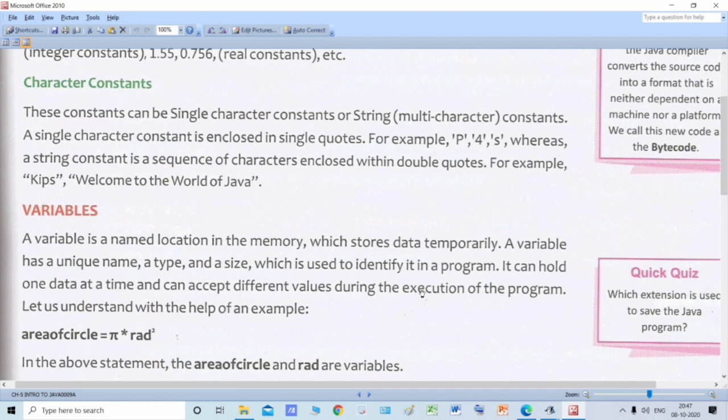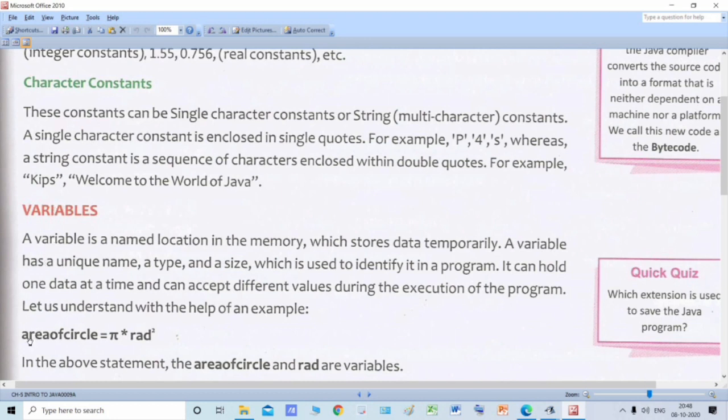Okay, now a variable has a unique name. For example, see this area of a circle. It has a unique name. Now who has given this name? We have to follow the naming conventions, and then we can give the names of identifiers. All the 5 rules that we studied for naming the identifier.